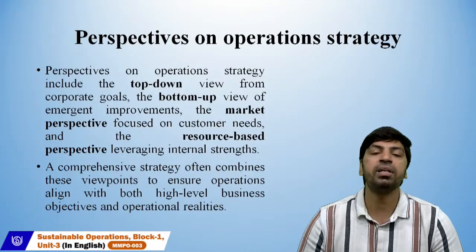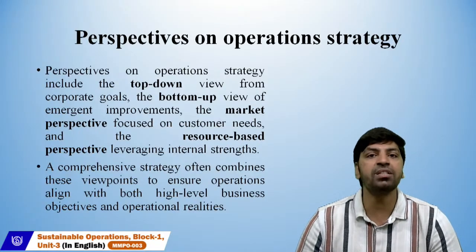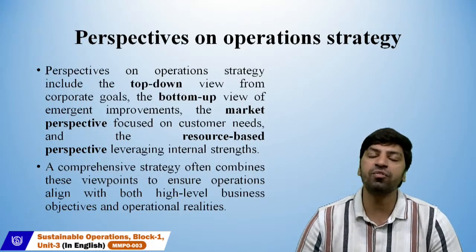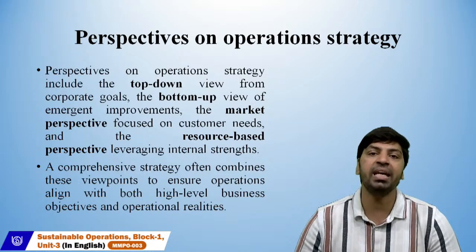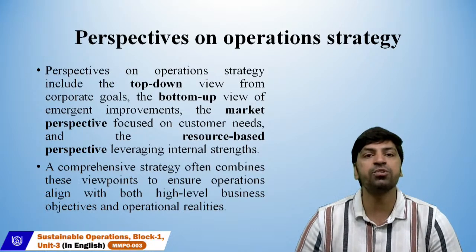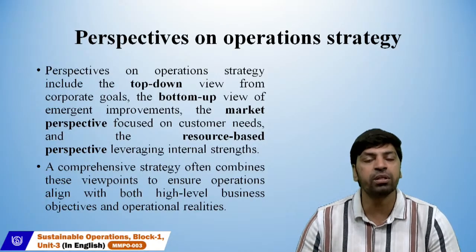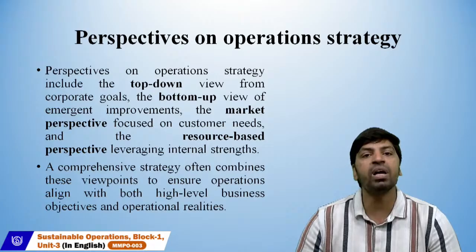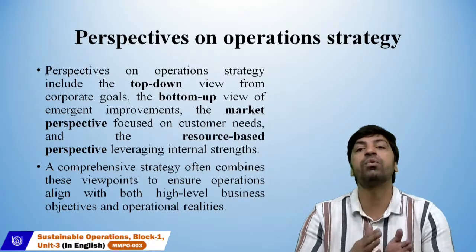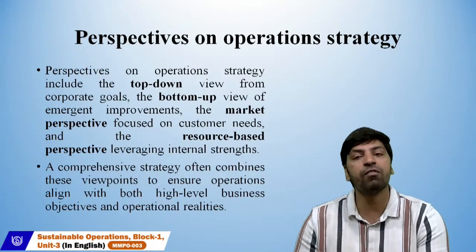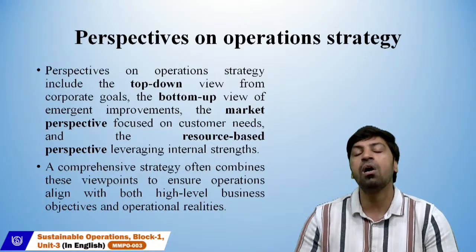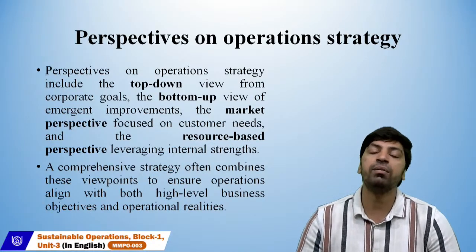Now we can come to the next section, the perspectives on operations strategy. Perspectives on operations strategy include four main parts. The first one is the top down, which is always viewed from the corporate goals, corporate mission and vision. The second one is the bottom up. It is always viewed as emergent improvements. It should be an improvement in the operations or the scale of operations of the organization, or to improve the competition